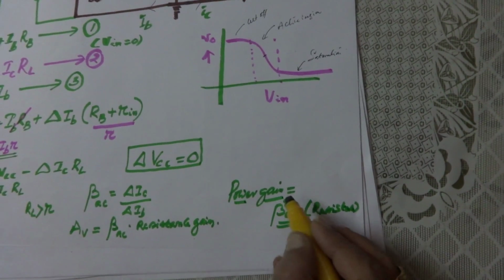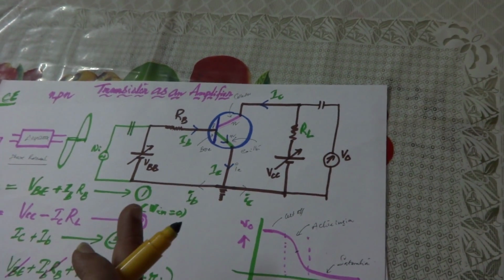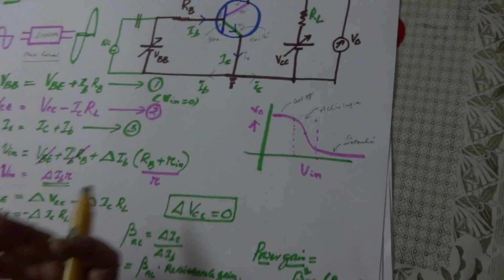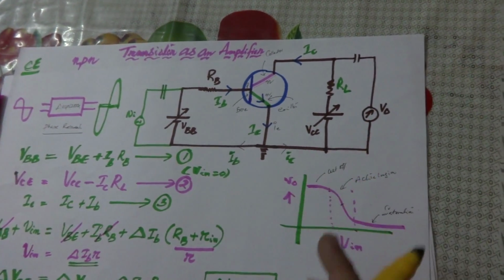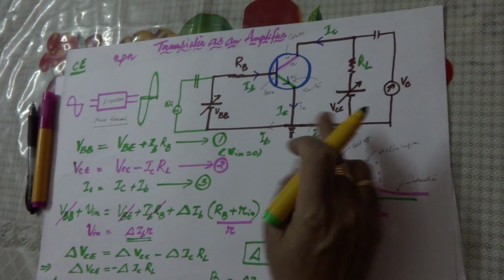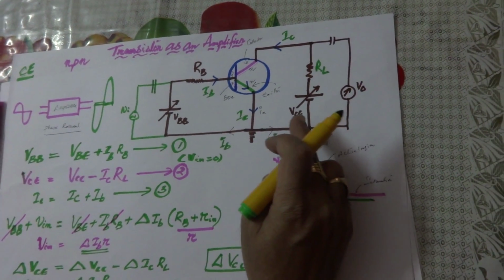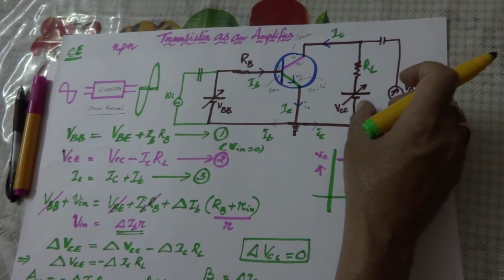Then power gain, one should not misunderstand that power gain means this transistor works as a power generating device. No, it's not a power generating device. Then who will increase the amplitude of it? These batteries, the battery that is connected in the output will increase the amplitude of the input signal. And after some time these batteries will be consumed. That is the important factor. So there is no free lunch. These batteries' energy is only used to increase the amplitude